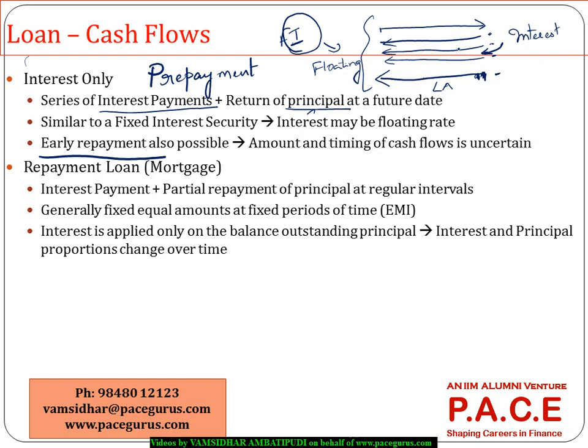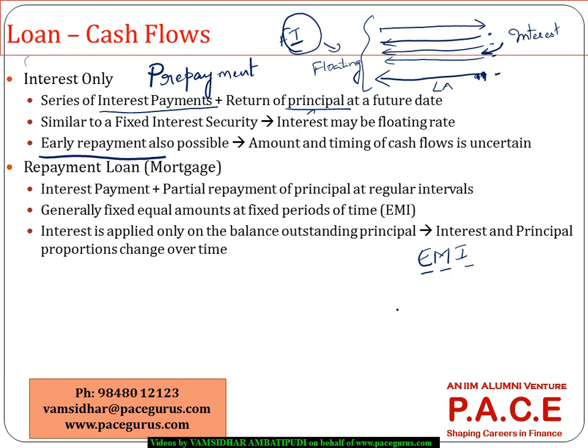If he thinks like that, there is a possibility of doing an early repayment on the loan also, which will make the timing of the cash flows uncertain. So from an analyst's dimension, even the timing of the cash flows needs to be assessed based on some kind of predictive models. Then the other normal kind of loan which we hear of is the EMI based loan,